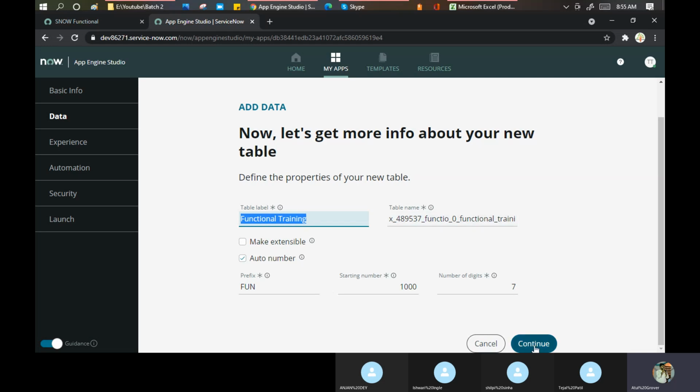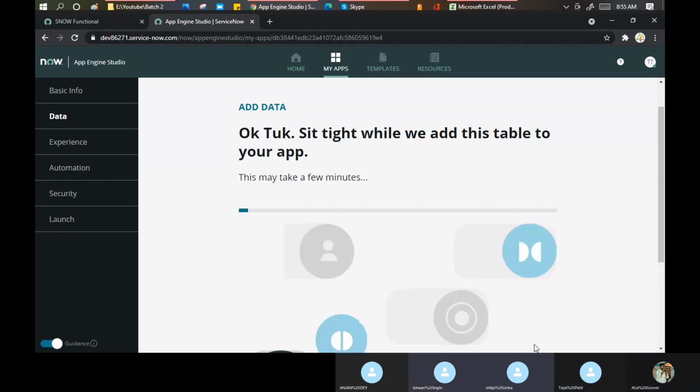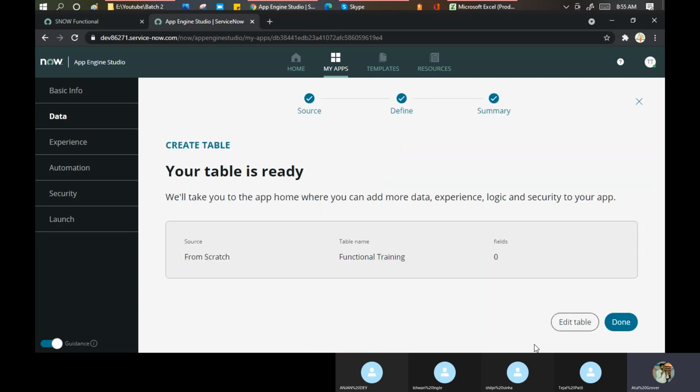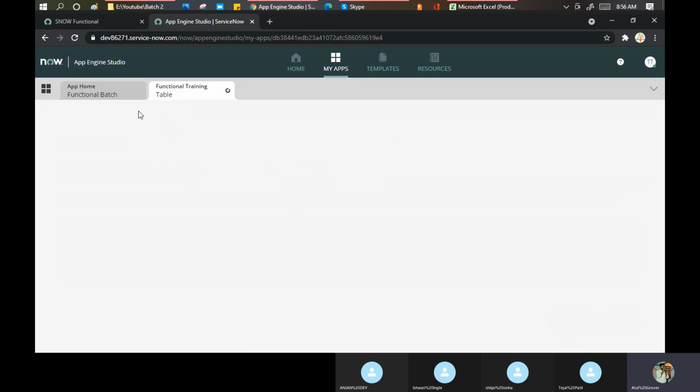Okay. Then continue. Clear till this point? Any doubt? Any question? Clear. Now your table has been made ready. We still did not put anything in the table. I did not create any field, because you can do that part now if you want to, because without a field, what is the purpose of creating a table? If you want to edit a table, click edit here. It's showing the field count is 0. It means no field has been defined here.